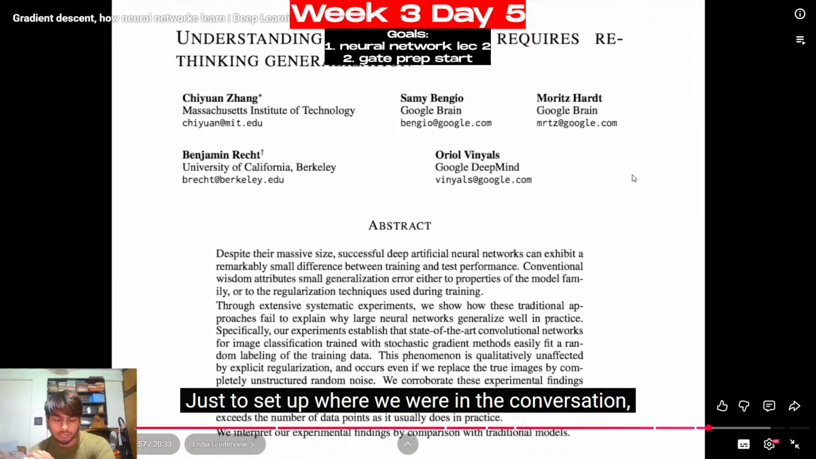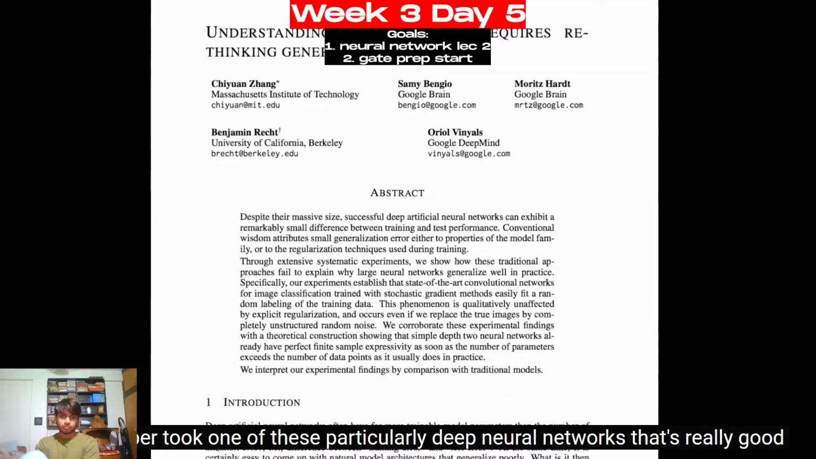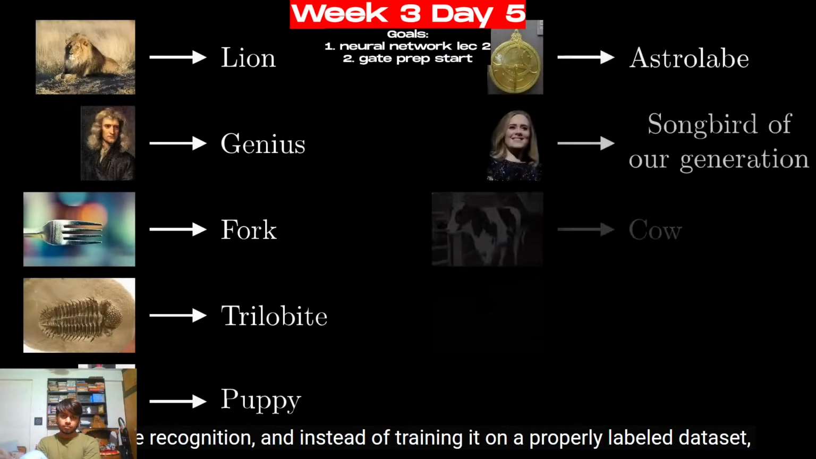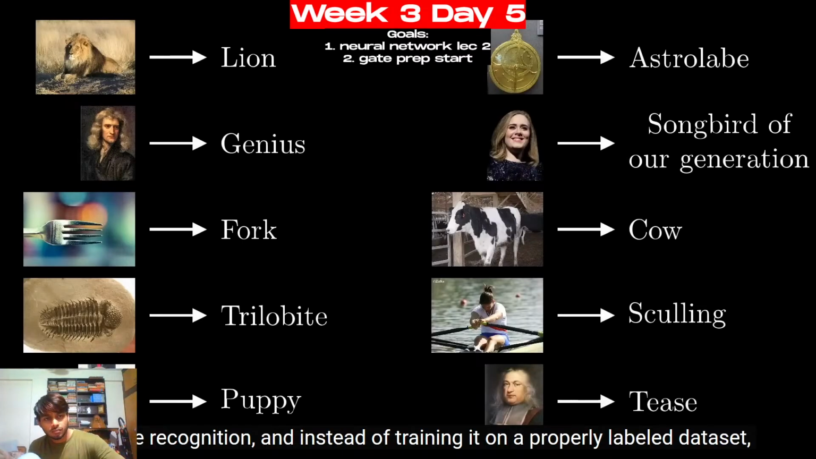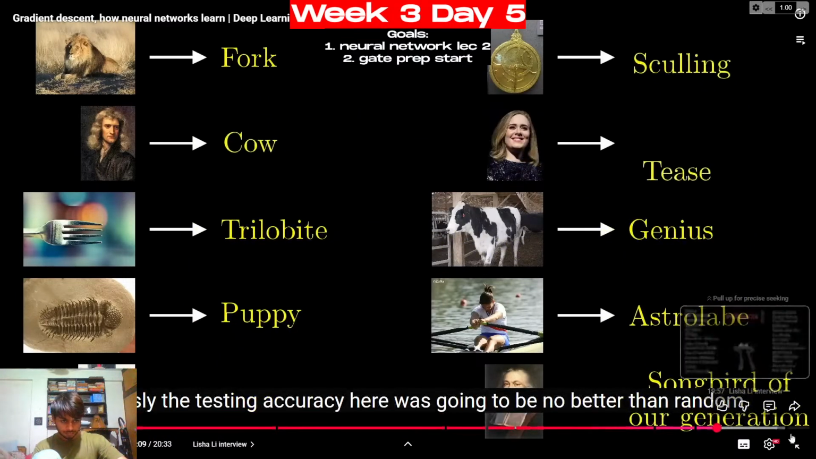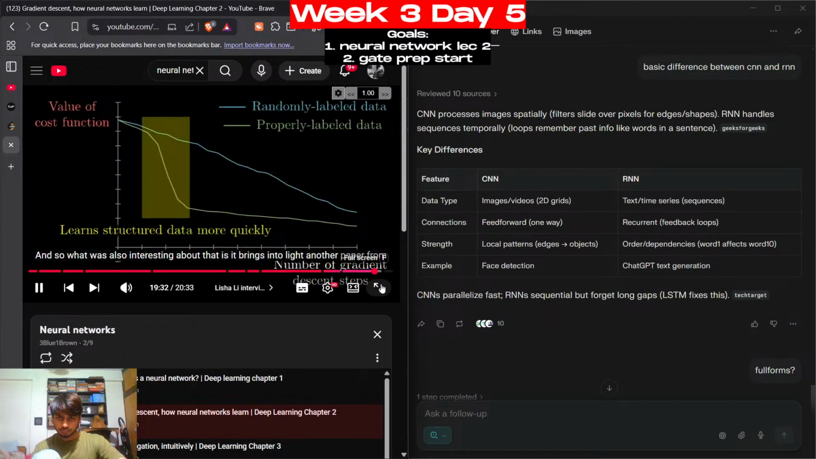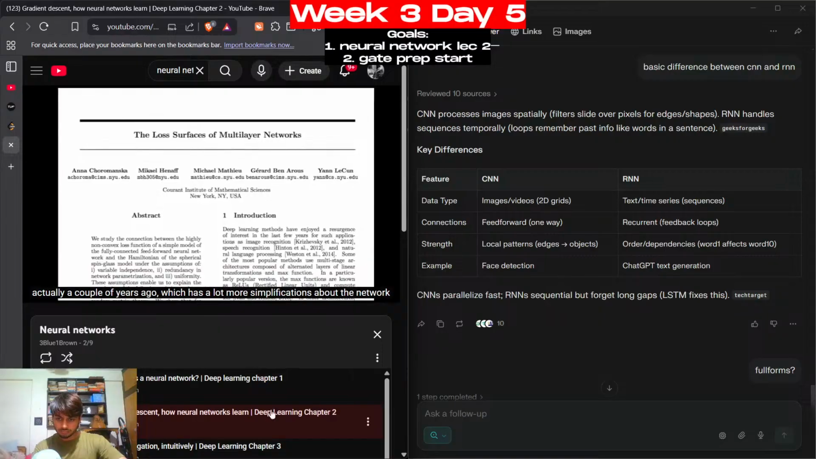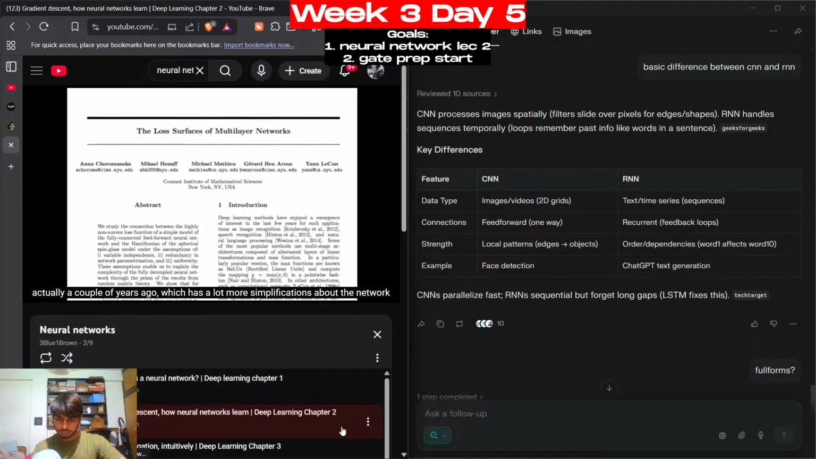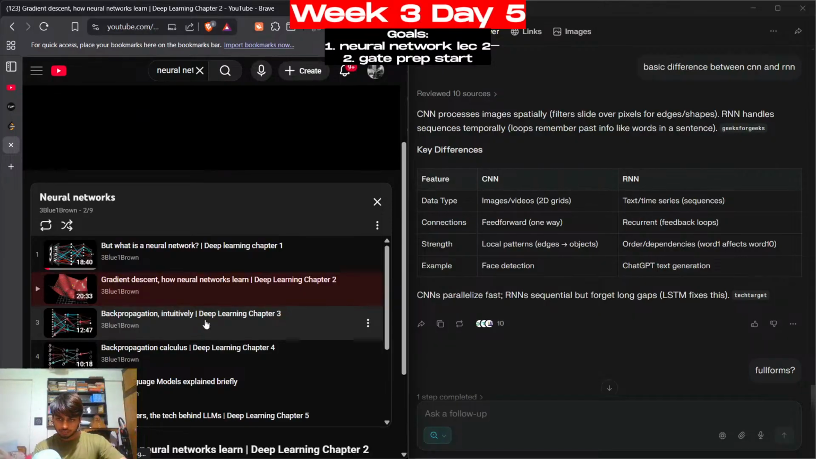Just to set up where we were in the conversation, the first paper took one of these particularly deep neural networks that's really good at image recognition, and instead of training it on a properly labeled dataset, it shuffled all of the labels around before training. Obviously, the testing accuracy here was going to be no better than random. The other paper, from actually a couple of years ago, has a lot more simplifications about the network layers, but one of the results was saying how